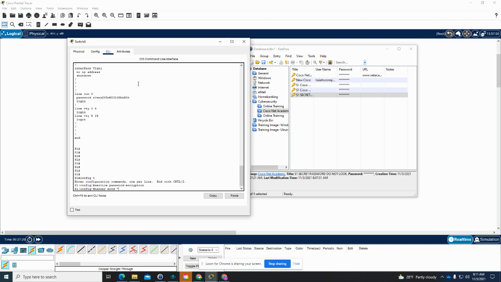So what do you want people to see as soon as they get into the switch? You don't want to say, here is my password. Say something like authorized users only,